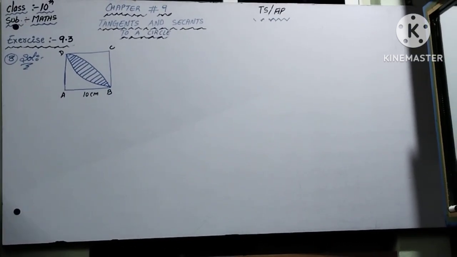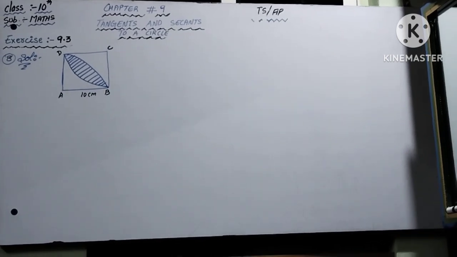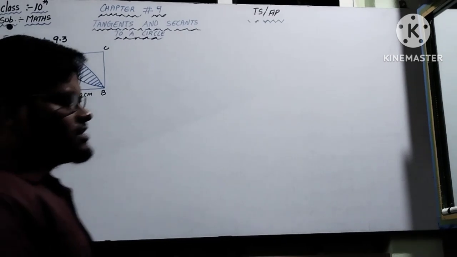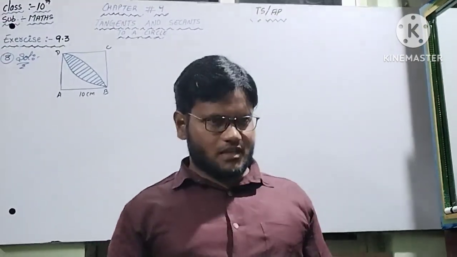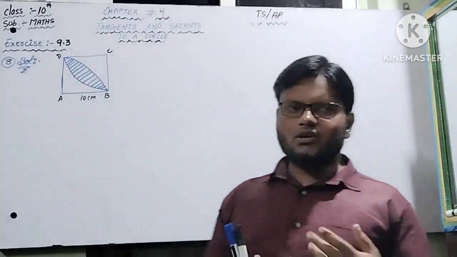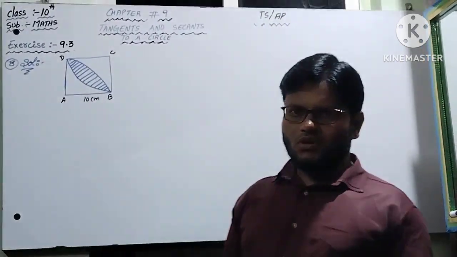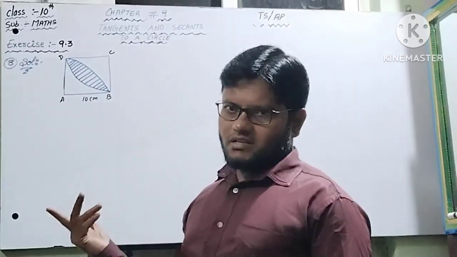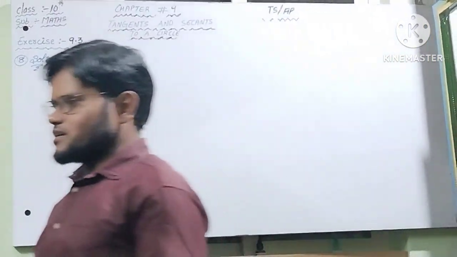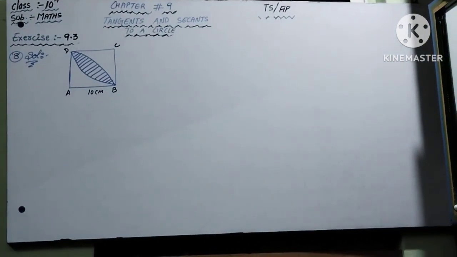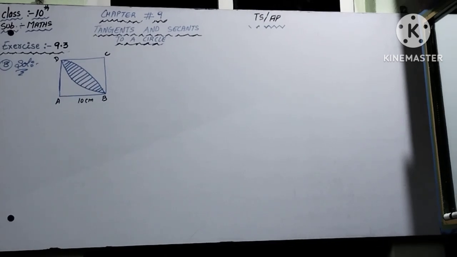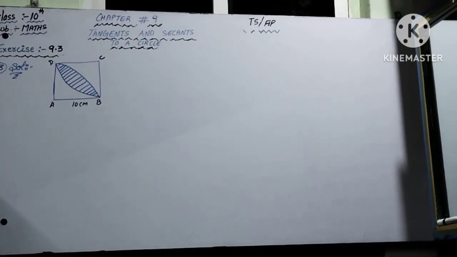Comparing the previous problem and this problem, this one is totally different. In previous problems we were getting semicircles or sectors, but in this problem there is no semicircle, and no sector either. So let's see, what do we have to subtract here? Nothing. Let's see what you have to do in this problem.